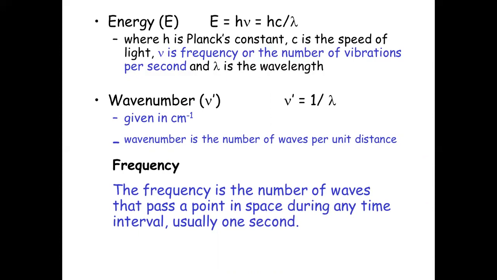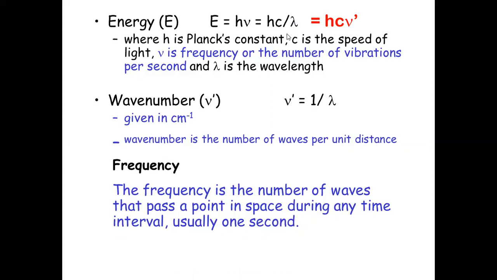Now the energy of this light is given by h nu, wherein h is the Planck constant and nu is the frequency. Frequency is the number of vibrations per second. Higher the frequency, higher the energy. In the same way you can give it in the form of hc upon lambda, wherein frequency has been replaced by c upon lambda. So these are interconvertible. Once you know the frequency, you can convert it in terms of wavelength or in terms of wave number also. So nu is equal to c upon lambda.